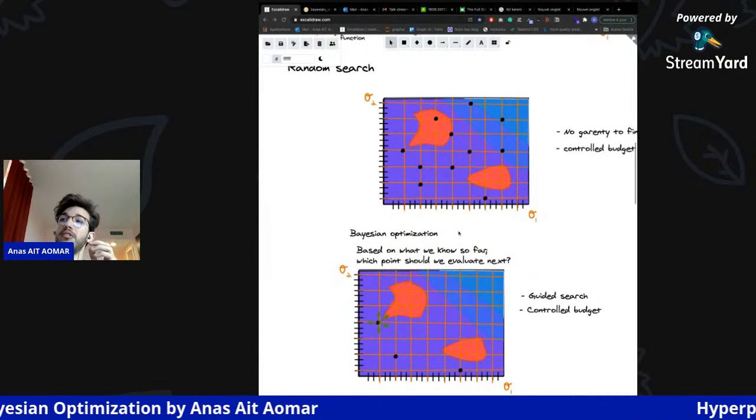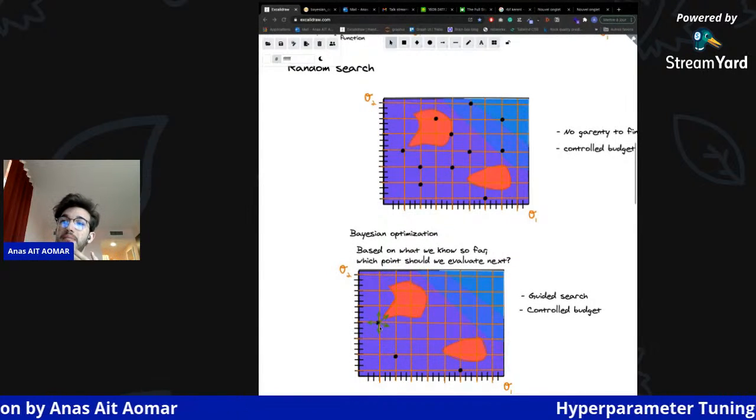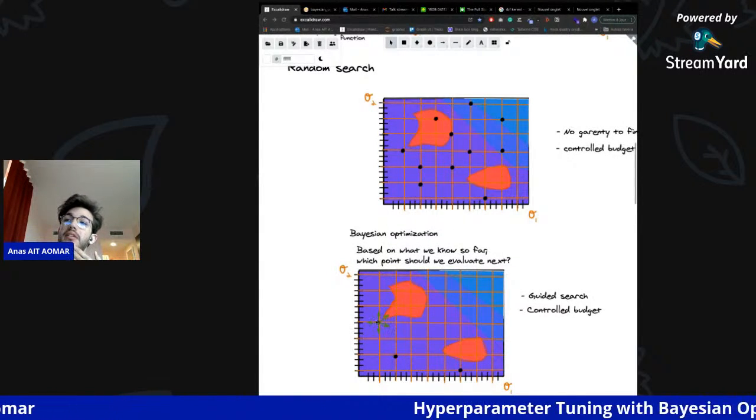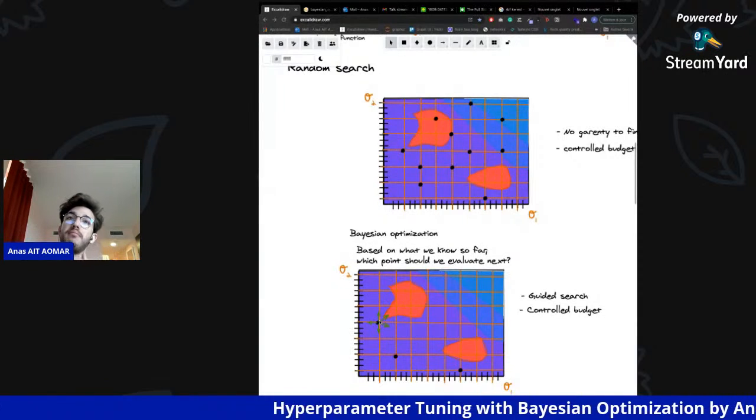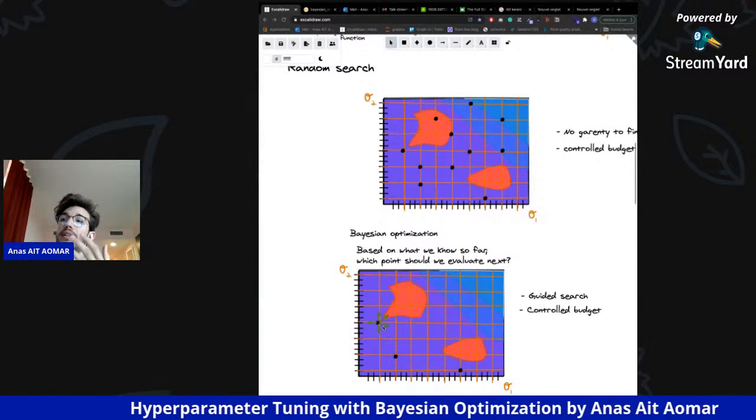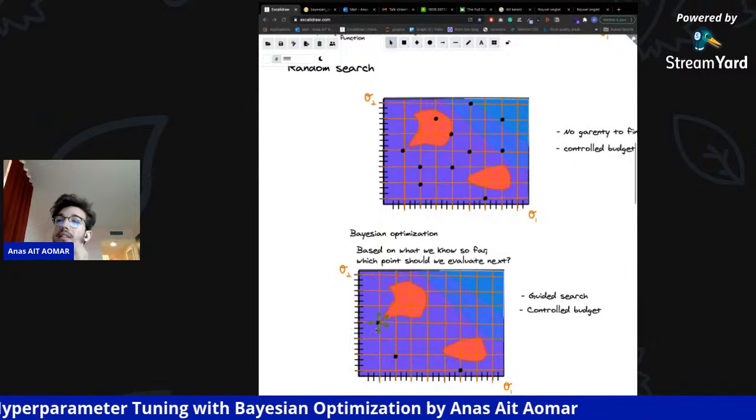But with Bayesian optimization, if, for example, we evaluate this point, it gives you some guidance and guides you in your search for points that give you